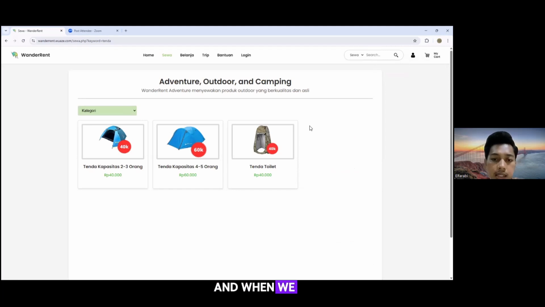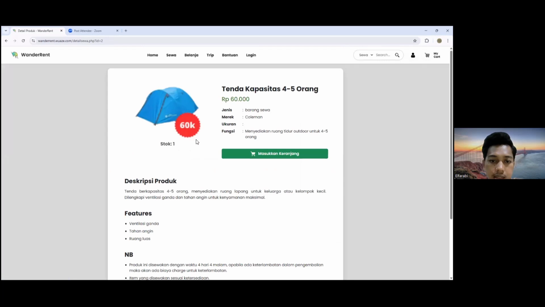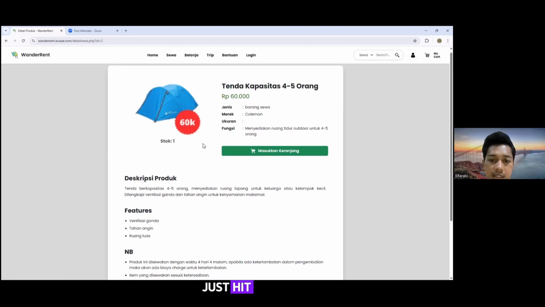And when we click on a product, we will see its full description. And if we are ready to rent, just hit the masukkan keranjang button to proceed.